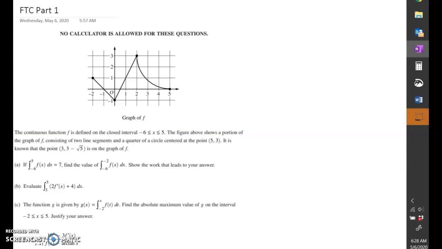All right, part B is asking you to find the integral of this expression. And this is actually a really rich problem because we're doing the second part of the fundamental theorem of calculus in part B. So we're going to do the integral from 3 to 5 of 2 times f prime of x plus 4. And so we need to take an antiderivative of 2 times f prime. We know that